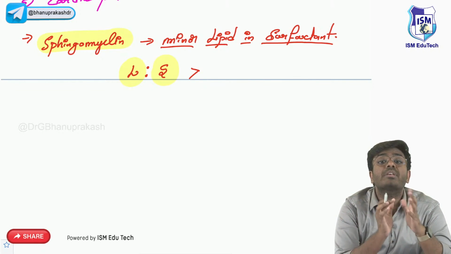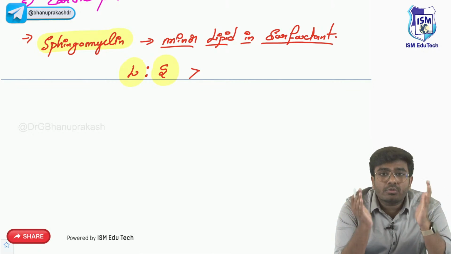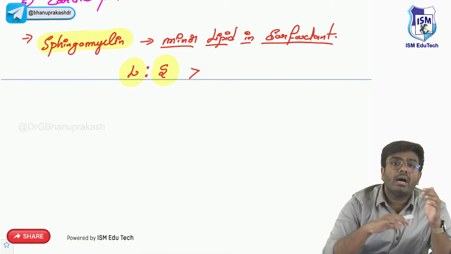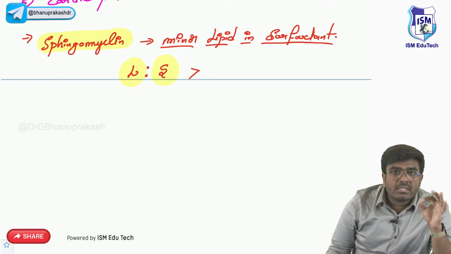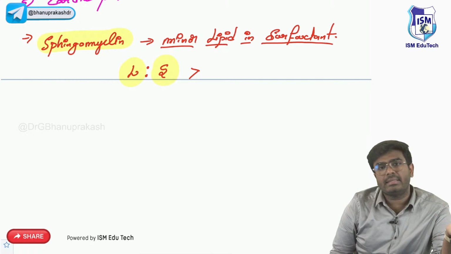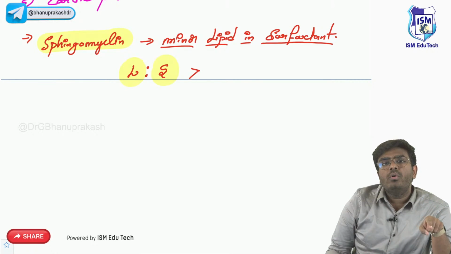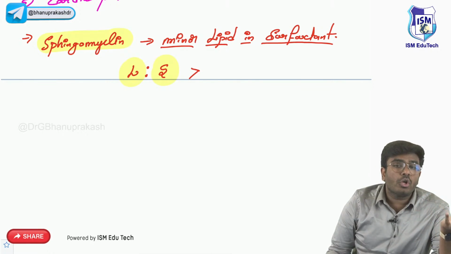The baby's lungs are absolutely collapsed. The baby's lungs are not mature. During pregnancy and the intrauterine period, the baby's lungs are not matured. Why? Because there is no surfactant. Now, if you want to know whether the fetal lungs are matured or not, usually fetal